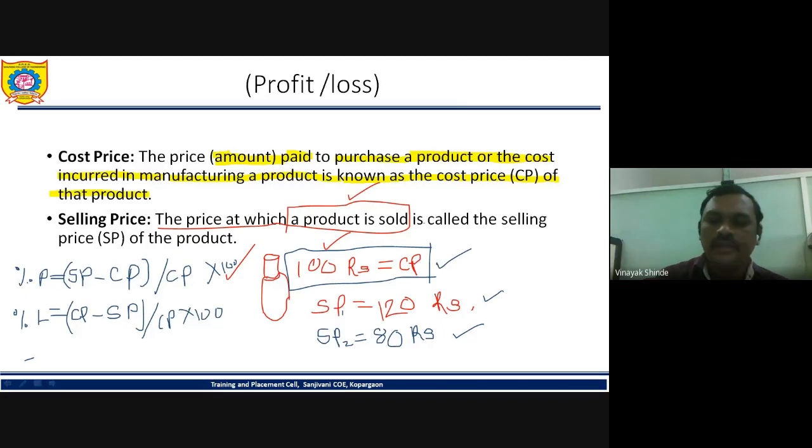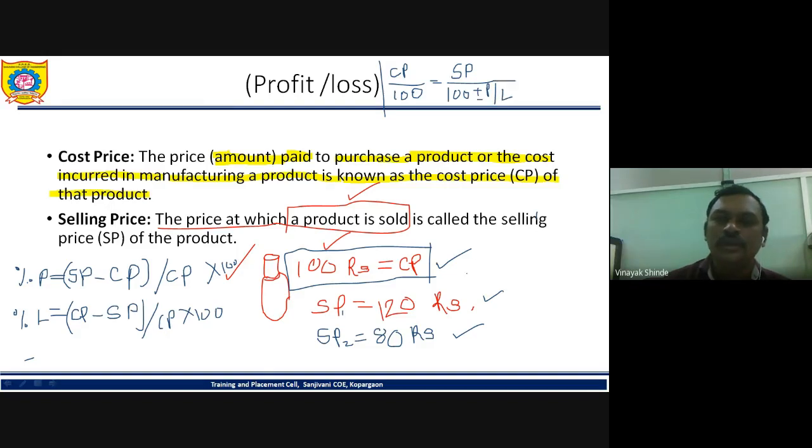Then next is, at the top I'm writing in blue color. Please focus over there. As I told you, with respect to the cost price we calculate profit and loss. So we always consider cost price as 100%. So at the top I have written cost price divided by 100, is equal to selling price divided by 100 plus or minus profit or loss.